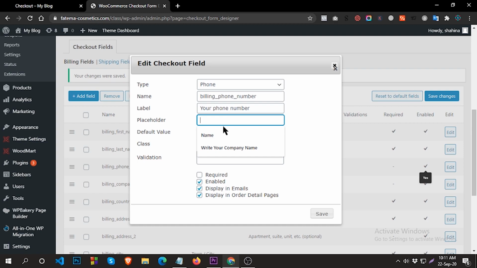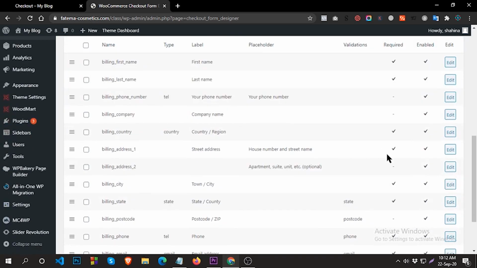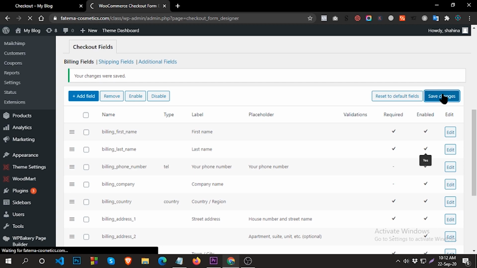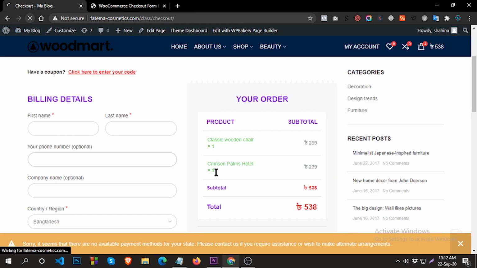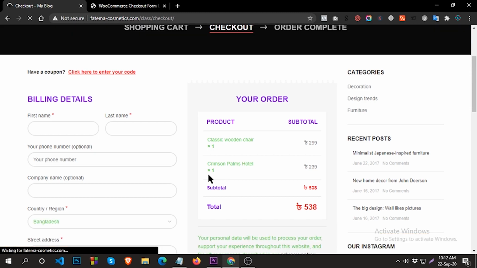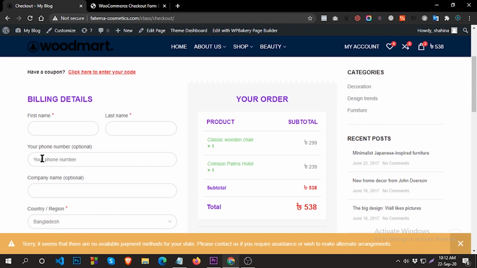From here you can write the placeholder, copy, just paste it, then save. After that, click on Save Changes. Go to your checkout page, refresh. We can see the placeholder has been added.